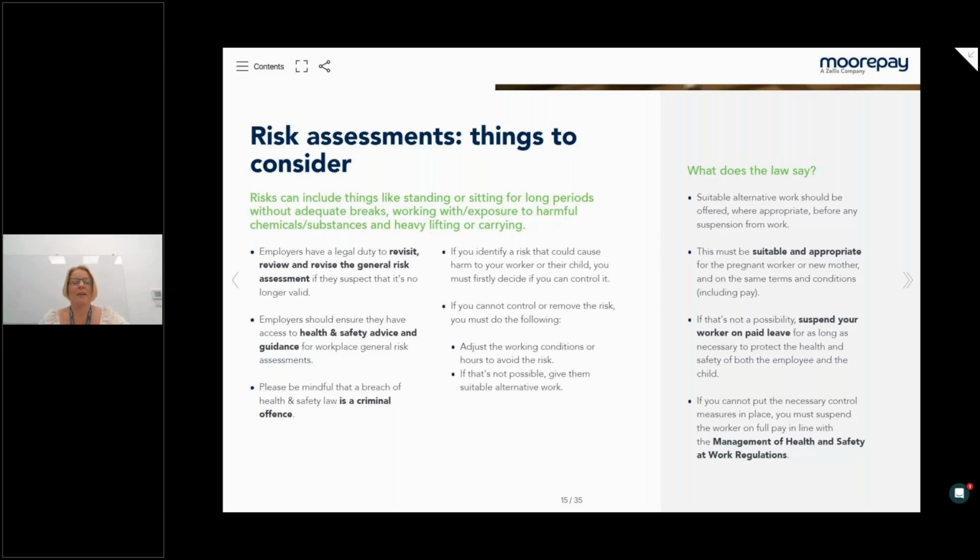I've seen this happen in practice quite a few times, especially in a factory environment. You maybe train them up on a different job that doesn't require exposure to the risk, or maybe, if you've got an office attached to the previous workstation, then you can look at transferring them into an office for a period. I would always try and look for something for them to do, because other than that, you have to pay them on full pay for the remainder of the pregnancy. Like I say, if you're not sure, take advice from health and safety.